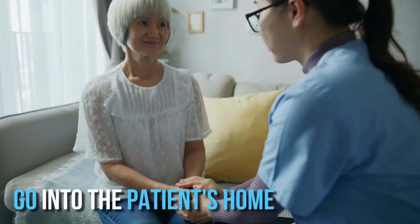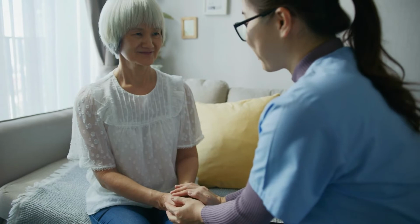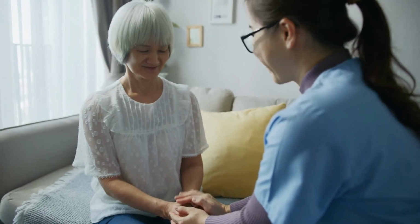Home hospice is different in that you go into patients' homes wherever they are. You can go into a nursing home, or if they live in a bus down by the river, you go there. I've been on a little sailboat before taking care of a patient in their homes, big homes, little homes, everything. So the nurse goes to their homes and they have all their supplies in the trunk, and